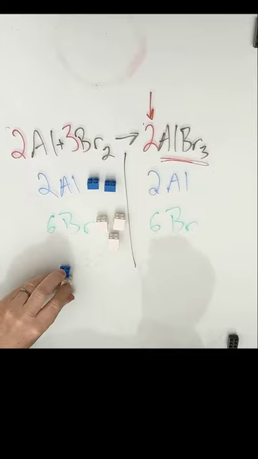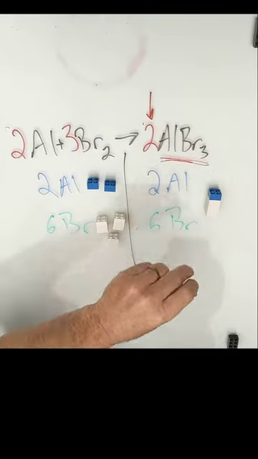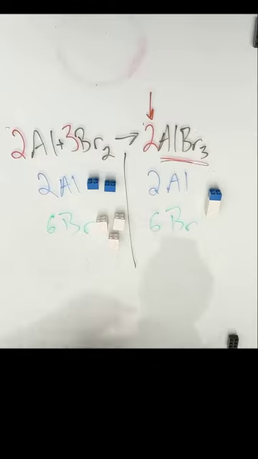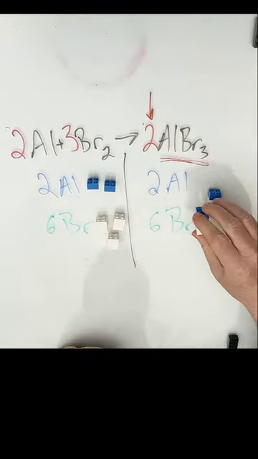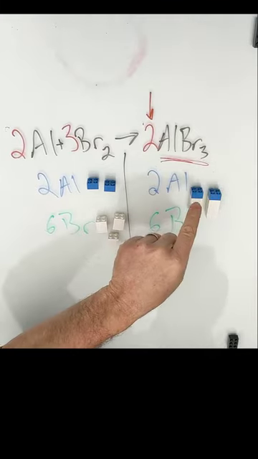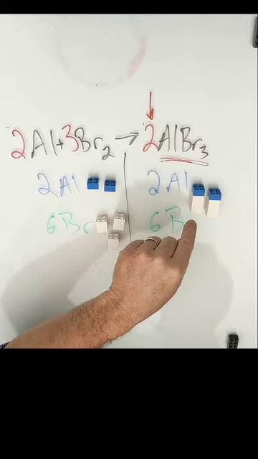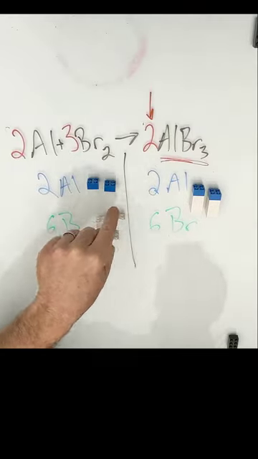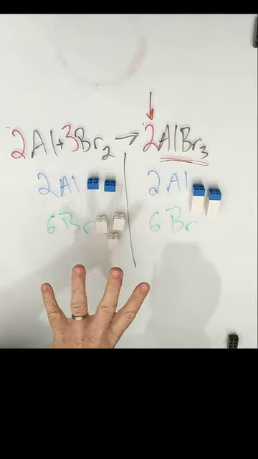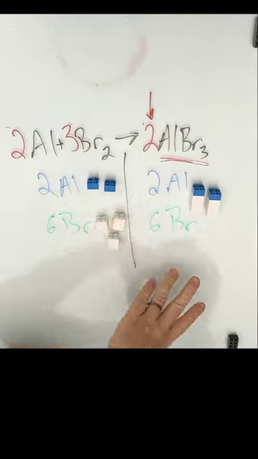Oh, sorry, AlBr3 that I cannot break. Okay, 1 aluminum, 3 bromines. What I did then was I put a 2 in front of it, which means 2 units of AlBr3. So there's a second unit of AlBr3. Now I have 2 aluminums and 1, 2, 3, 4, 5, 6 bromines. So the same number of bricks of each color on both sides, but they've just been rearranged, and that's